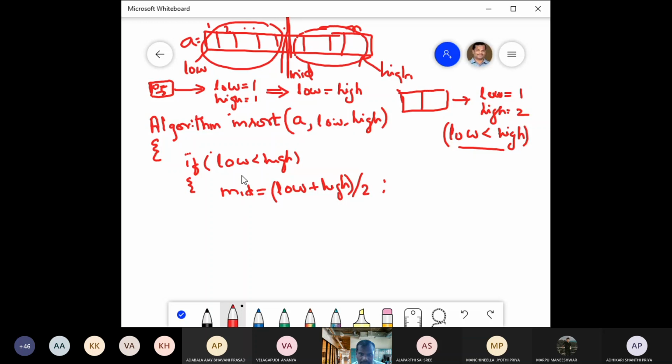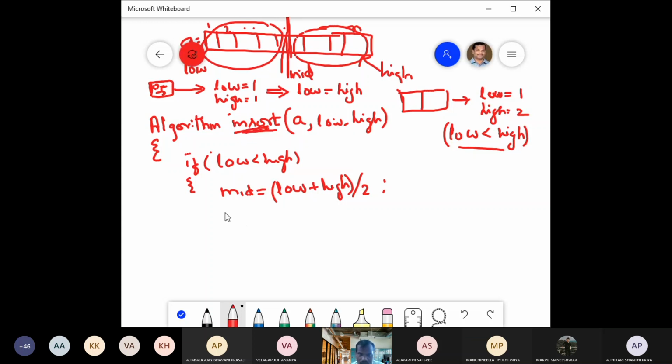Now after finding the mid, there are two parts, left part, right part. Now for sorting the left part, you apply recursive MSORT call. Similarly, for sorting the right part, you call another recursive call. Can you tell me how many elements are there in the left part? N by 2 elements. In the right part, N by 2 elements. So two equal parts we are divided. So we call the same MSORT algorithm, recursive call. I am saying recursion is calling the same function.